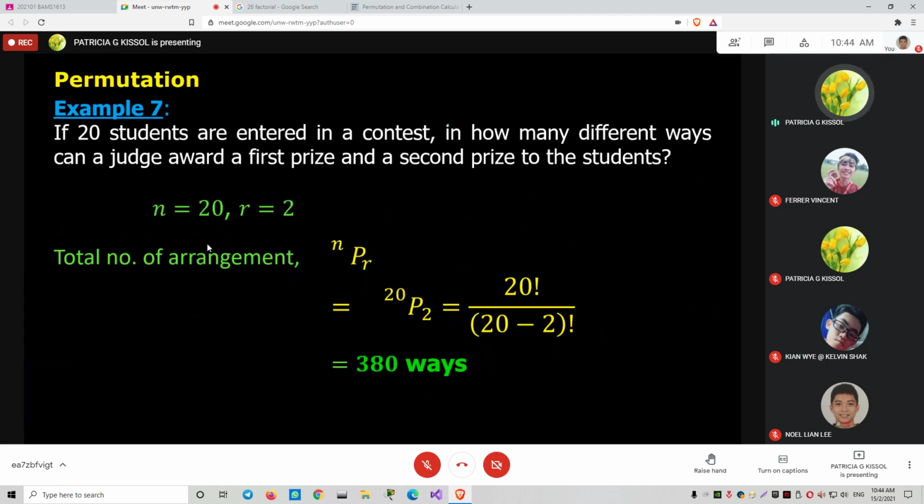Moving on. I hope you understand about permutation. Can we just write the 20P2 without the calculation, and then just write the answer? You mean assuming you are using the calculator straight away to get this answer, right? That means you skip this, it's okay, because calculator is allowed. So if you don't want to write this, it is okay, because it is allowed to use the calculator to calculate the value.